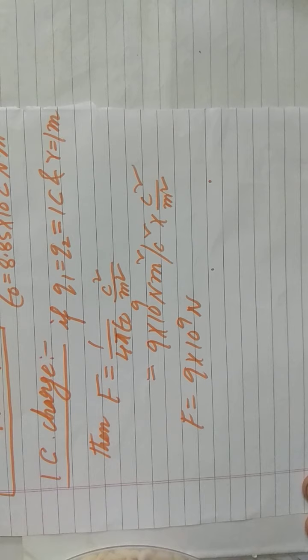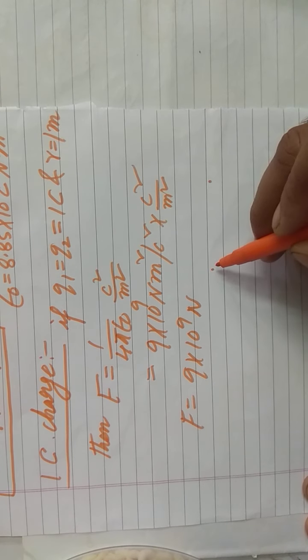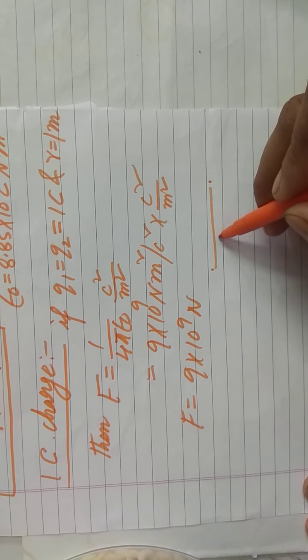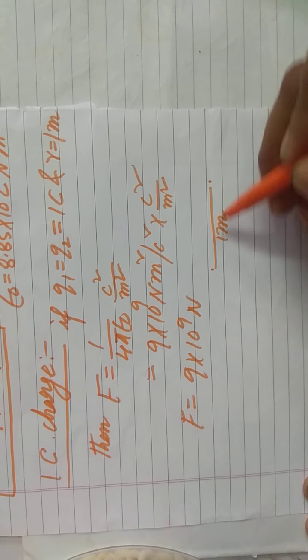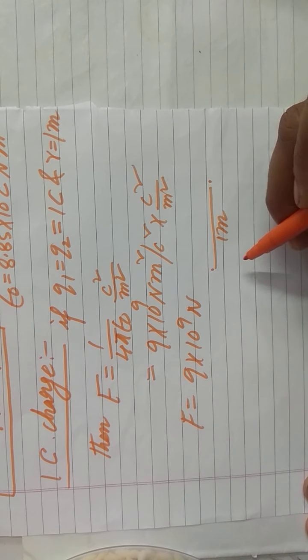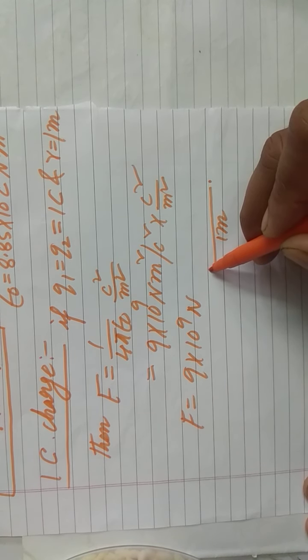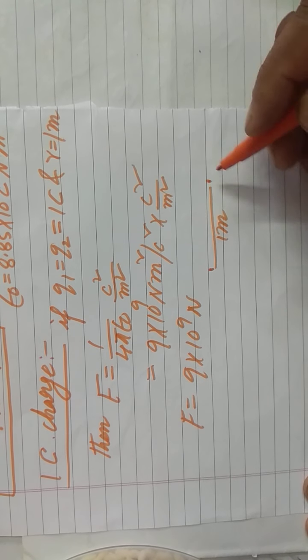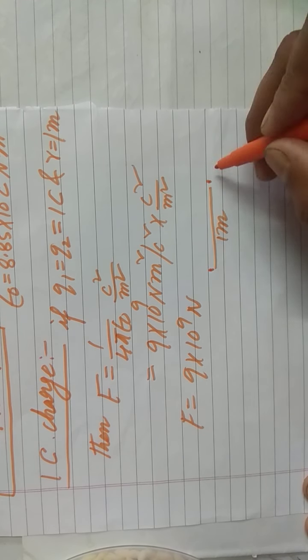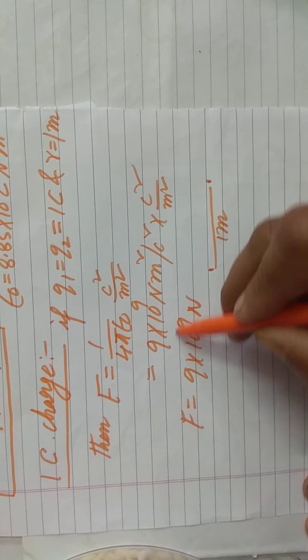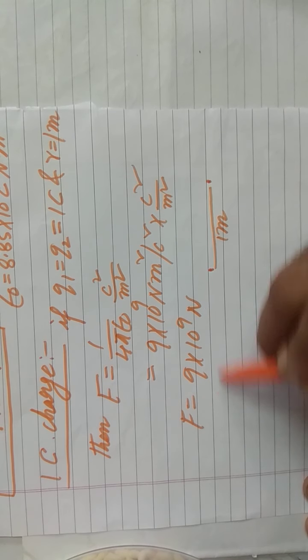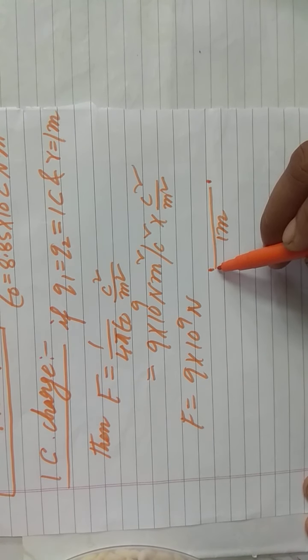You don't know the value of these two charges, but they are separated at a distance of 1 meter from each other. Say any two charges I am taking here, and now they are experiencing a force of 9 into 10 to the power 9 Newton, when they are separated by a distance of 1 meter